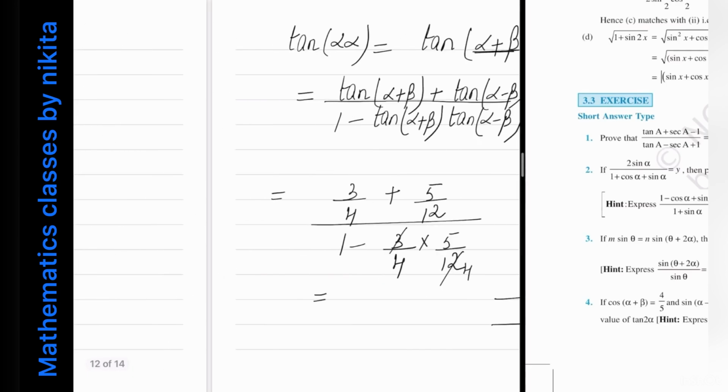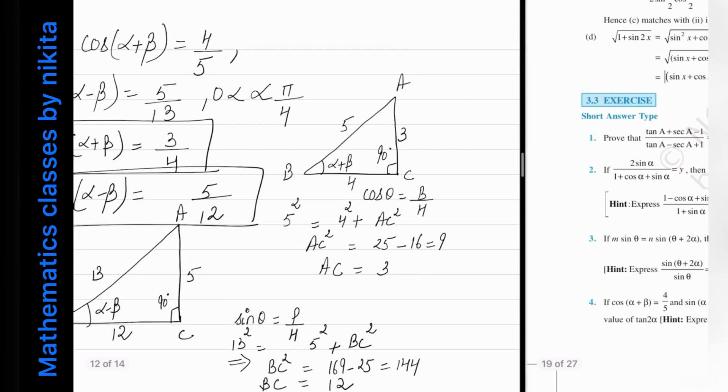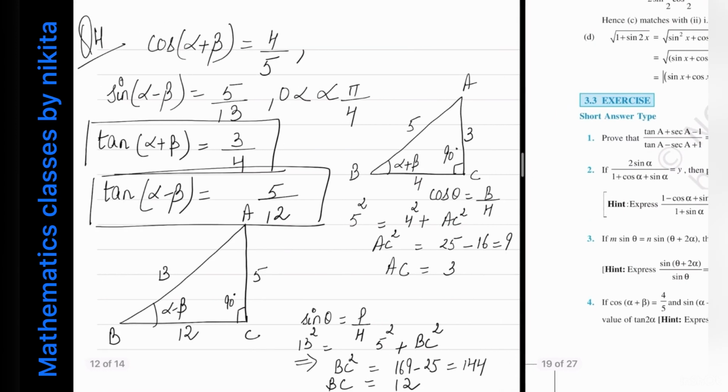Now one thing to note is that in the question it is given that alpha lies between 0 to pi by 4. It is because this angle alpha plus beta should be an acute angle, since we know that in a triangle the sum of 3 angles is 180 degrees. So you already have this 90 degrees, okay. So the remaining 2 angles should also sum to 90 degrees, okay. This is why we restricted alpha so that alpha lies between 0 to 45 degrees.